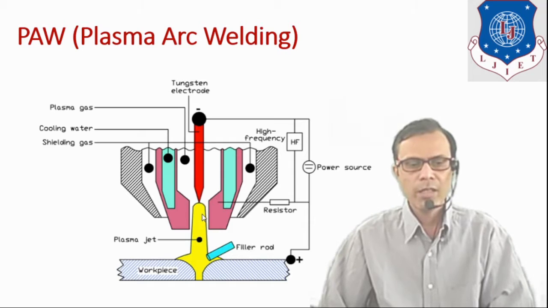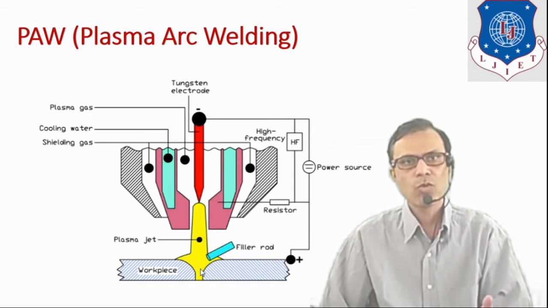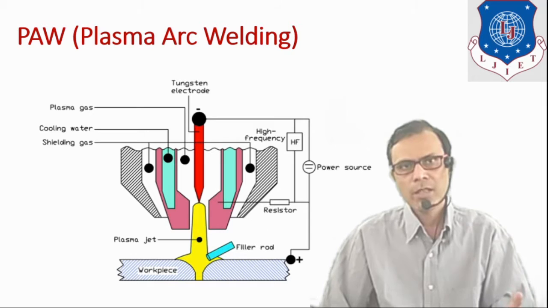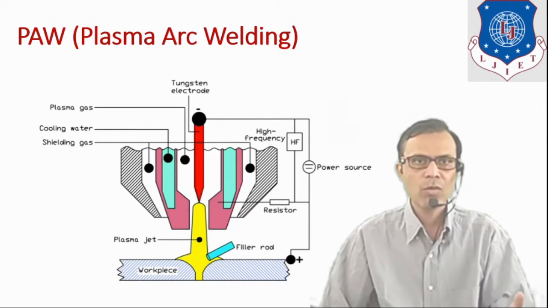So when this plasma gas passes through the nozzle, it will be a plasma jet. It is shown here by this yellow color and it possesses very high kinetic energy. Filler metal is used separately. It is shown here and it is a welding zone which is required to be welded. As in case of gas welding, here also plasma arc welding can be used for welding purpose or for the